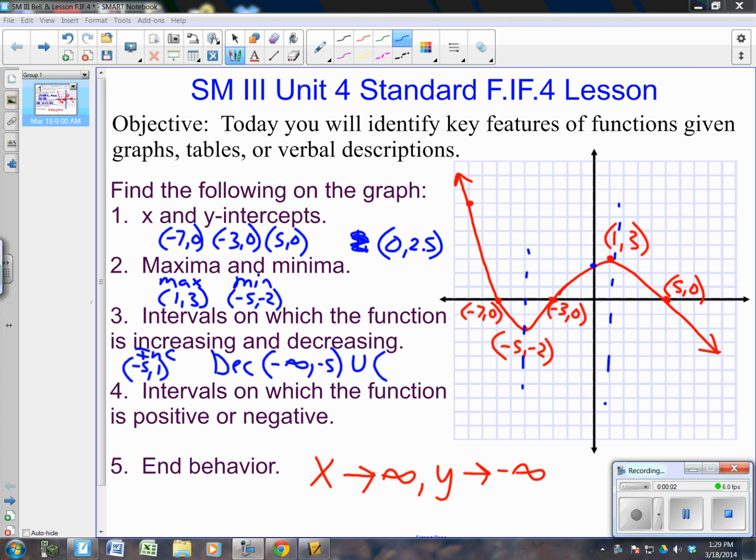Okay, so it's decreasing from negative infinity to negative 5, union with, it's also decreasing from 1 to positive infinity, right? Okay, then